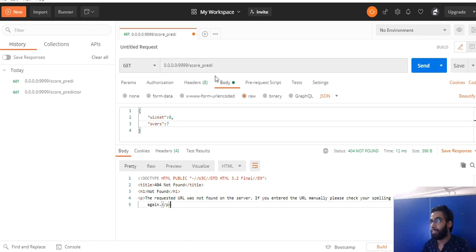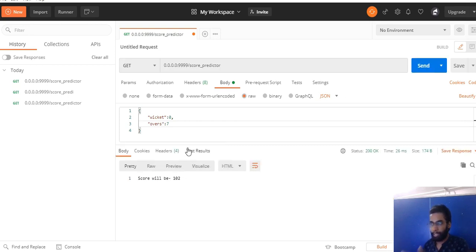It understands that this is not available there. If I make any changes over here, it won't be able to identify the resource. So how important is this parameter over there? So if I send it again, it can identify. If I don't send any of the parameters here, then it will throw an error. So this is how you configure your API.